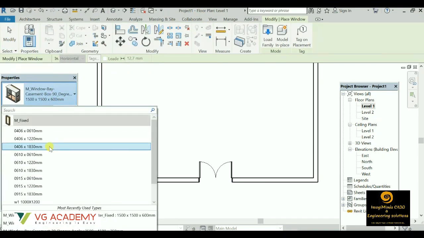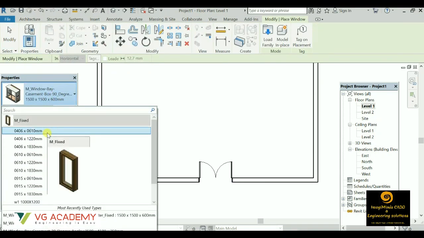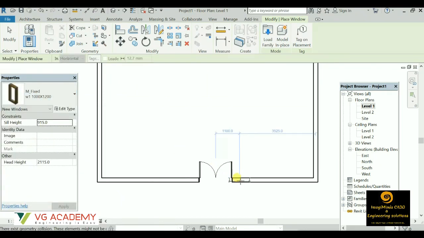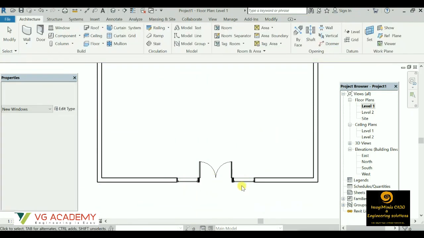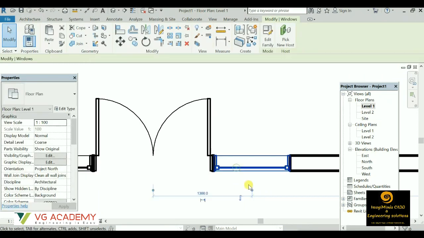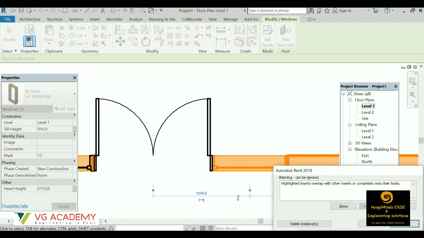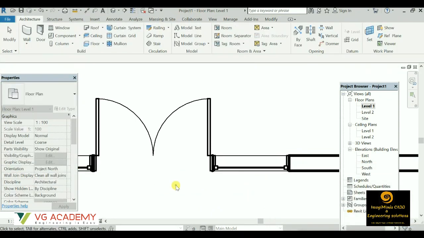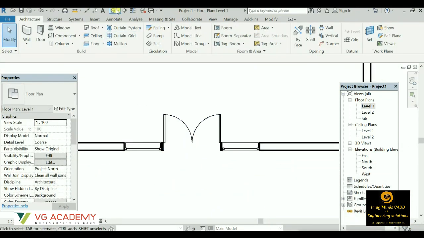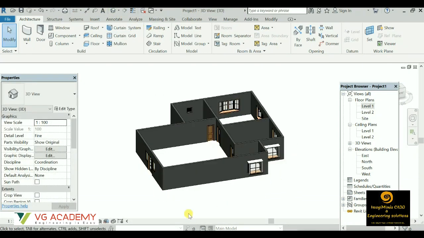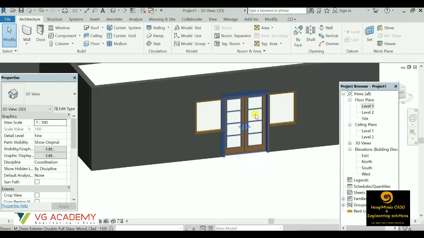So the first type that was preloaded. So we'll use this 1000 by 2100. We'll place it over here like this. Have to just shift this a little bit. Now this is fine. So let us see the 3D view of the main entrance. Yes, this is the main entrance.